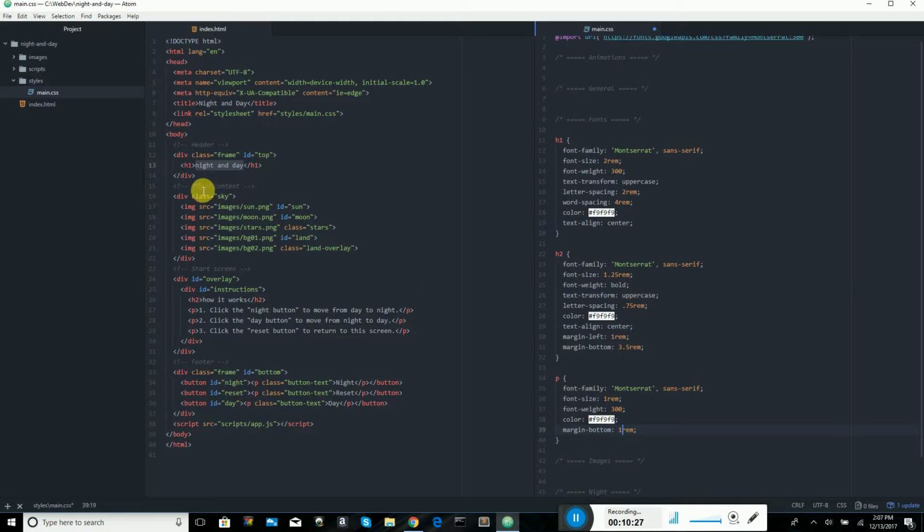Oops. Okay. And then finally, the p tag with the class of button text. Okay. Let's write button text. All right. And the only thing we're going to deal with here is a margin bottom. And that's going to be, my goodness gracious, I did it again. There we go, margin bottom, and that will be 0. All right, let's save this, and let's go to the browser